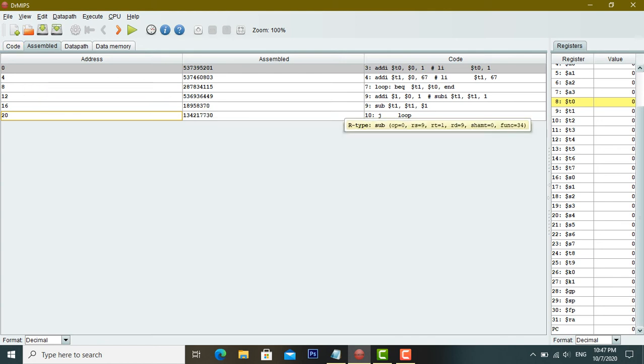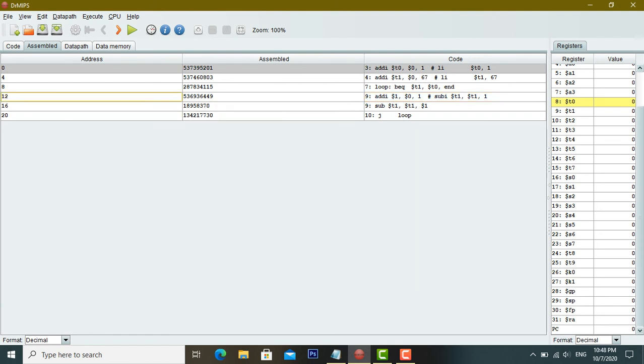The reason is that subtraction is performed in 2 steps, that is, it will add the value 1 and then it will subtract the added value from the temporary register T1.